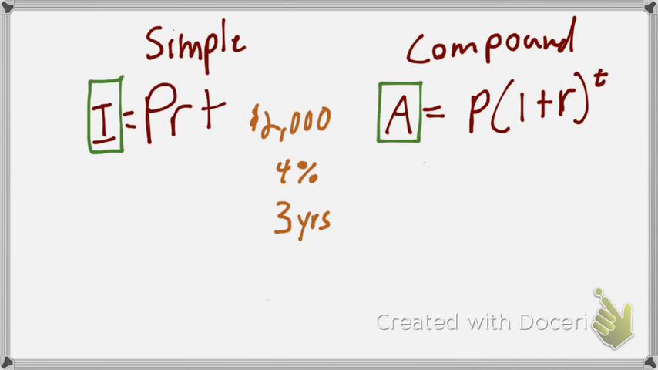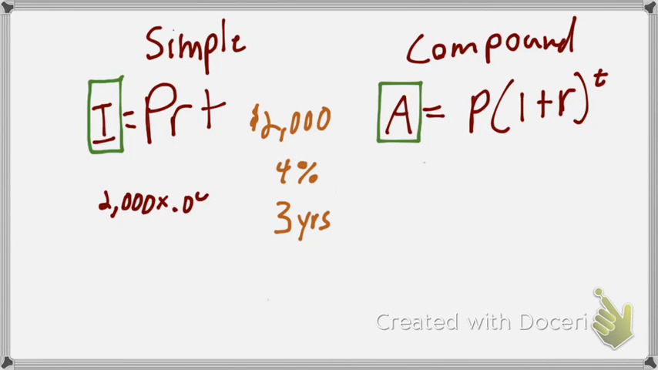Compound solves for the A. Anybody know what that stands for? It's the account balance. So it's going to solve for everything, including the interest. Okay? So, for simple interest, we would say 2,000